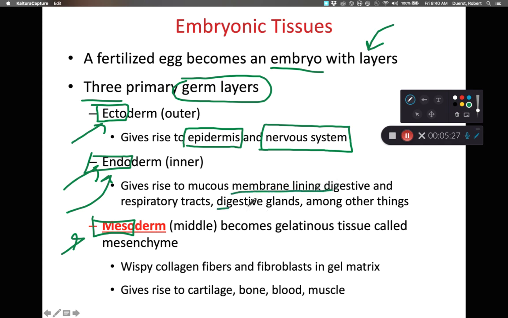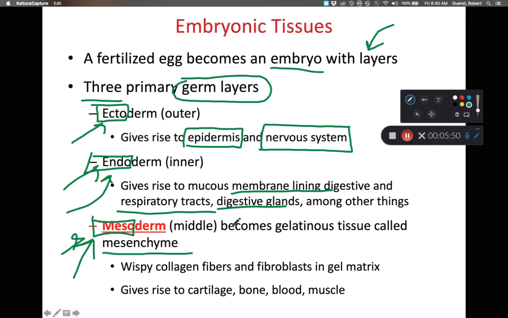When we think of mouth to anus, think of the glands associated with the digestive tract. Also think mouth to lungs. So the tubes that go from the outside to the inside of your body. So when we think mouth to lung, think respiratory tract, singular. As we look at the mesoderm, this is the middle stuff, and this is going to become the